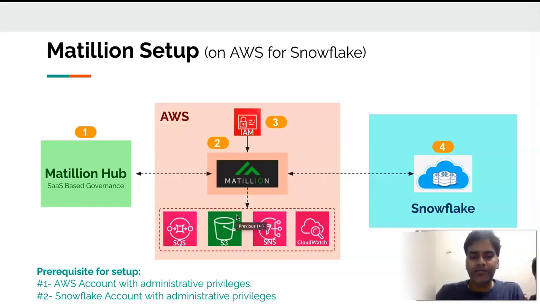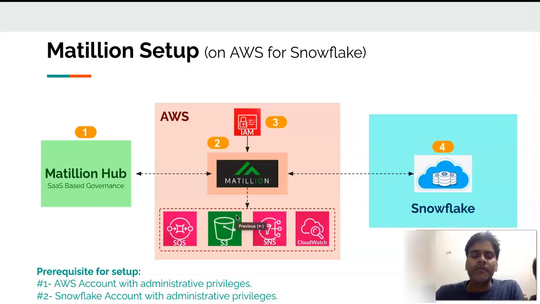But if you have one Matillion instance with multiple users and you want to give each user a different level of privilege, like one user may have access to all the buckets, another to certain buckets, so if you want customized privileges for the users, then going with the instance credential is not recommended. You can skip creation of the IAM role. You can create different users, grant the privileges to the users, generate the user credential, and that credential can be used to configure Matillion.